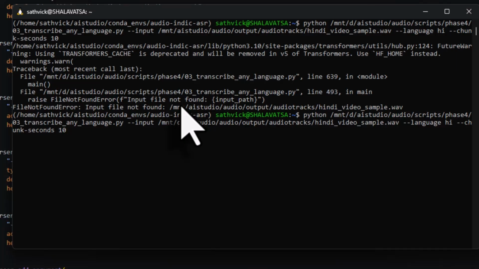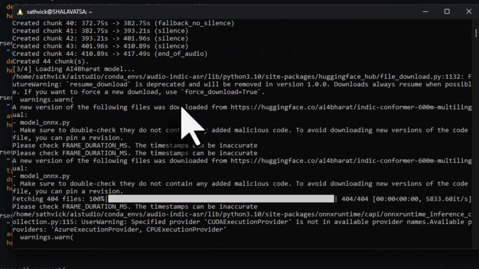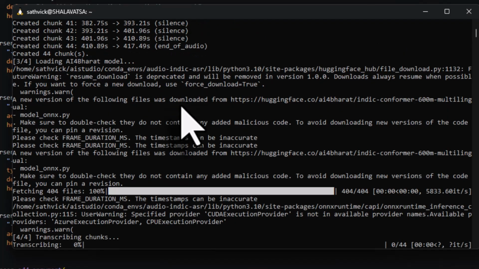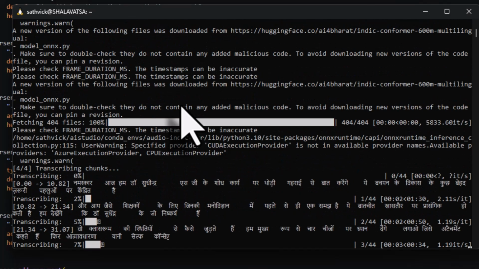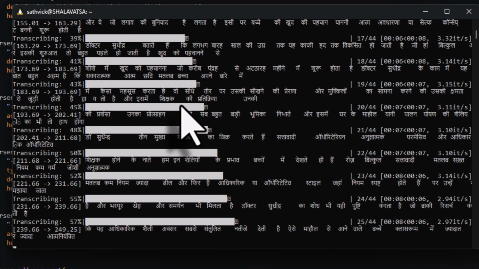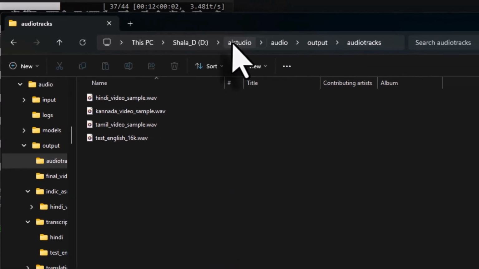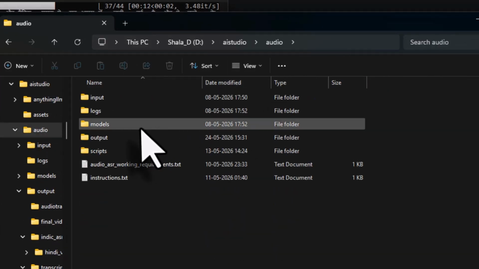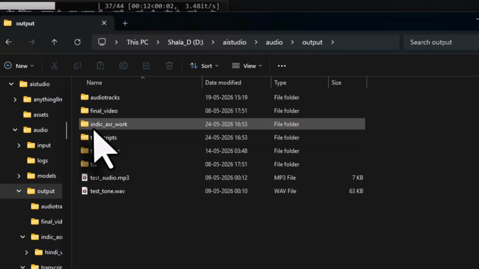I will press N to come to the end of the line, and if I press enter, chunking first takes place, and after the chunking is over, then the transcription starts. See, the transcription is happening. Wait for the full transcription to be over. If you come into folder DAI Studio audio output, it has created a new folder